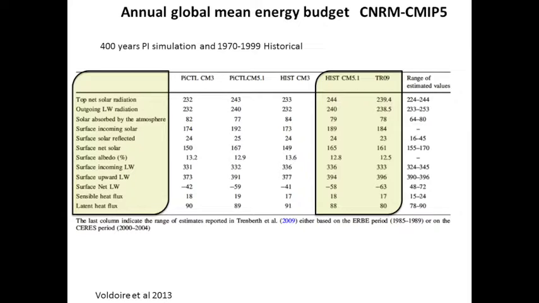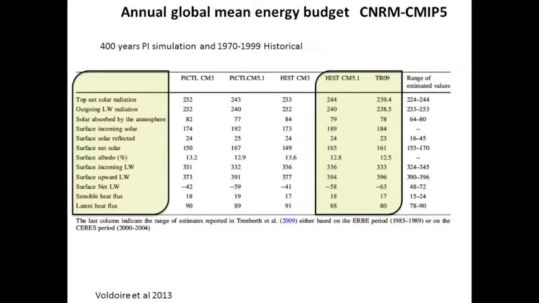The CMIP5 multimodel gives a number of 244. And this is the observation that is published in the paper of Trenberth, 2009. There are some differences, but there's not anything like one is 10, another is 200, or changes of sign or something like this. So the models can represent